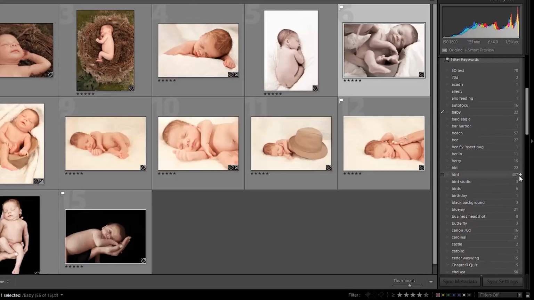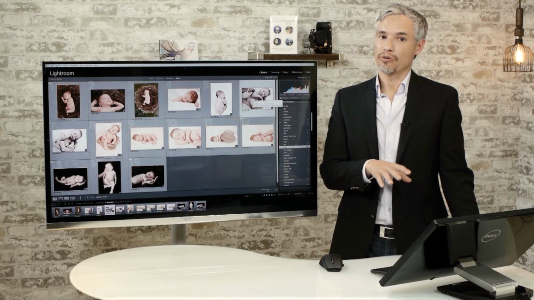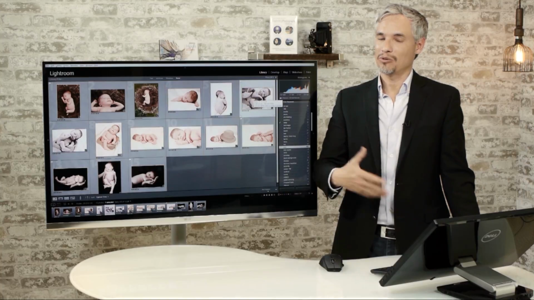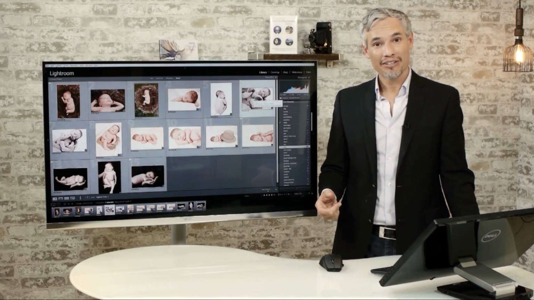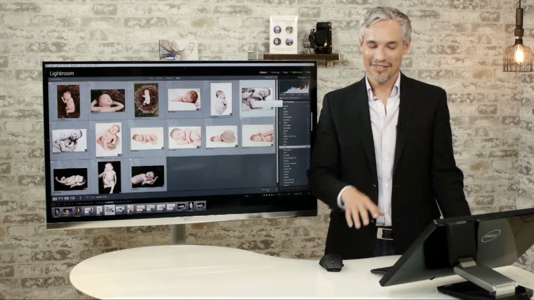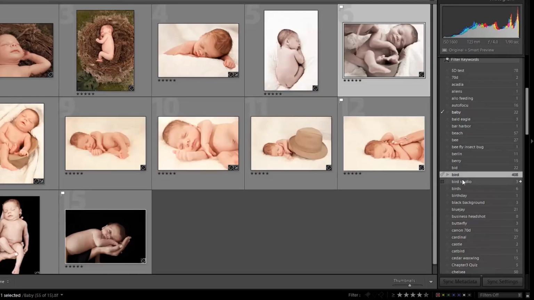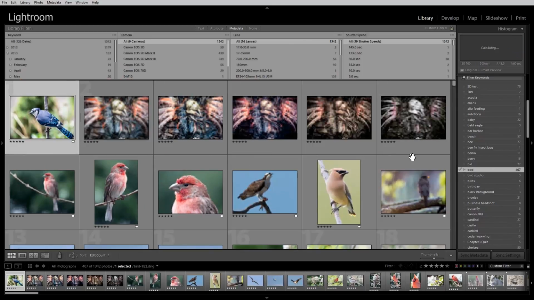So you can see I frequently use the bird keyword here. If I click this arrow, it will show me all the bird pictures. If I click this checkbox here, it will apply it there. That's a much more accurate way to keyword your photos than simply typing it, because you eliminate the possibility that you can make a typo. And that one little typo can make it impossible to find your pictures later. So whenever possible, avoid typing things. Now let's quickly just, oh, that's not a bird. I'll deselect that. But if I click this arrow here, bam, quickly shows me all the files with that exact